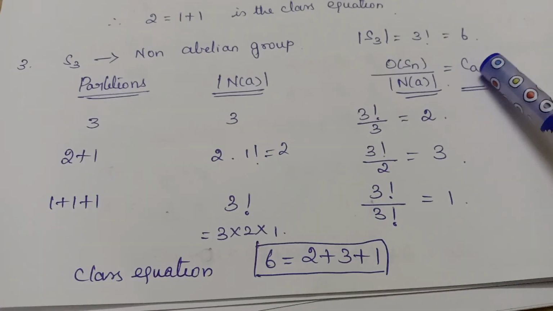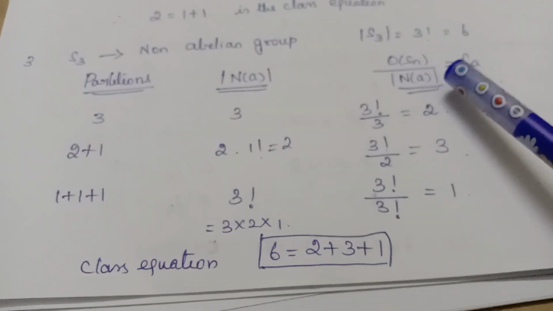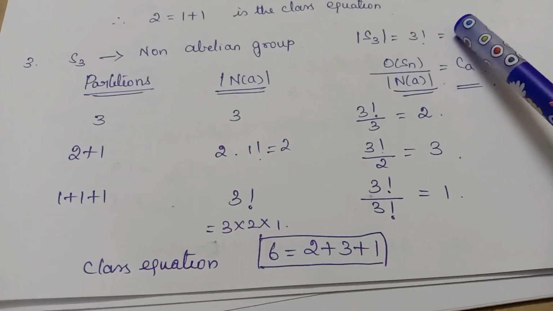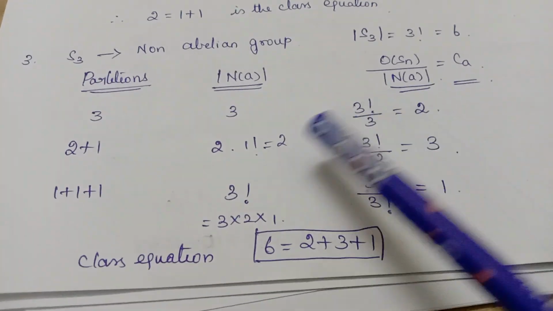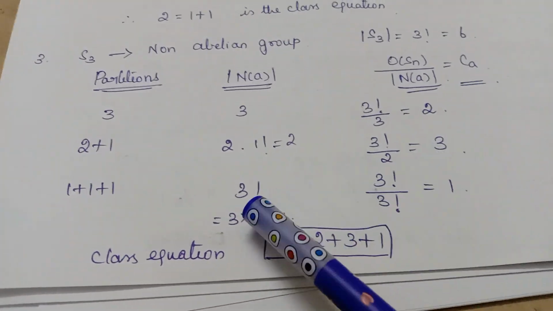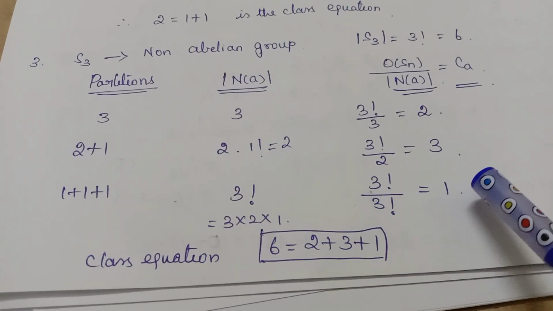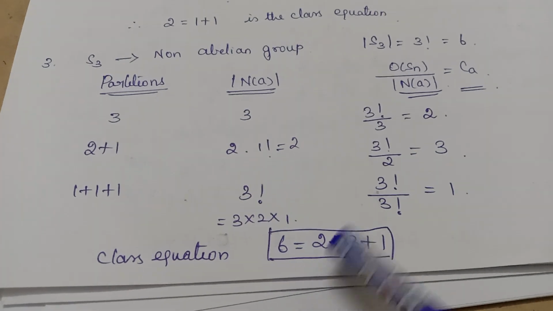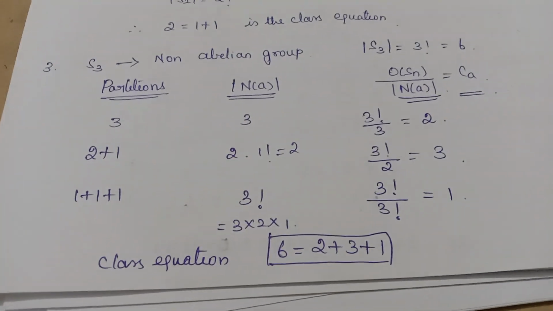Now let us write CA. CA is equal to what? The order of Sn divided by the modulus of n of a. So the order of Sn is 3 factorial. So 3 factorial by 3 equals 2. Here 3 factorial by 2 equals 3. 3 factorial by 3 factorial equals 1. So totally, how will you write the class equation? 6 equals 2 plus 3 plus 1. Okay. Next one, let us find